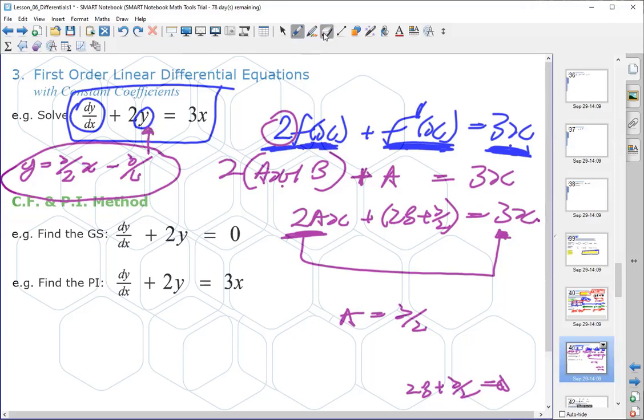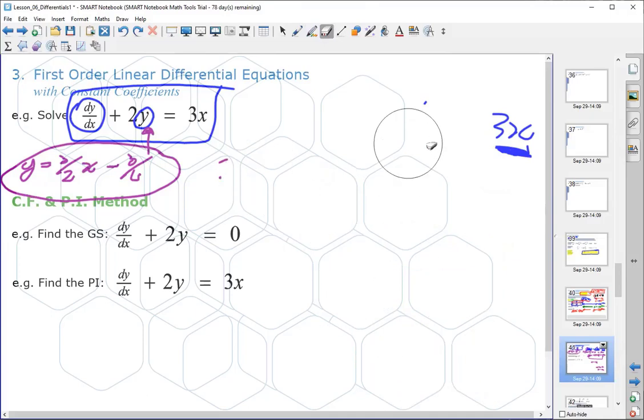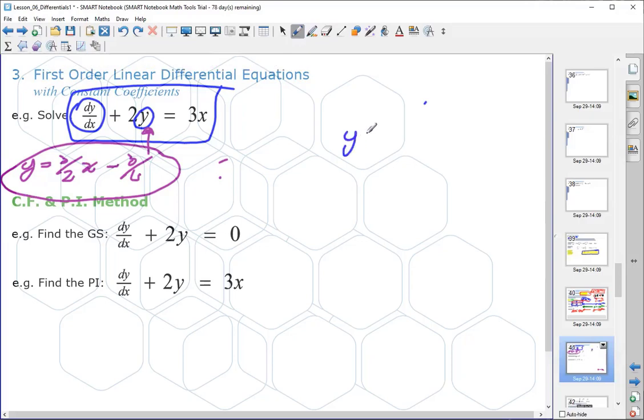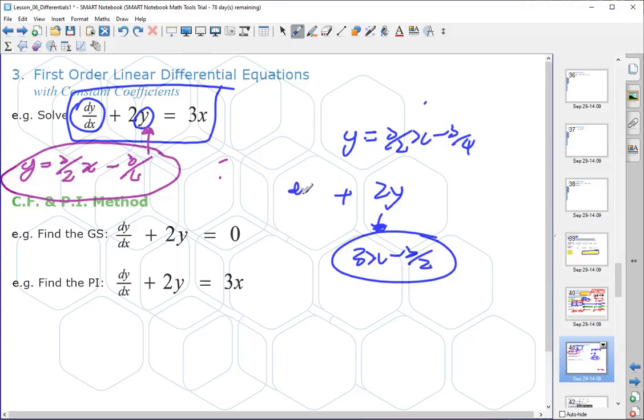Let's check it. I don't want to have made a mistake and not realize it. So y is going to be equal to 3 over 2x minus 3 over 4. So 2y is going to be 3x minus 3 over 2. Plus dy by dx. If you differentiate that, you get